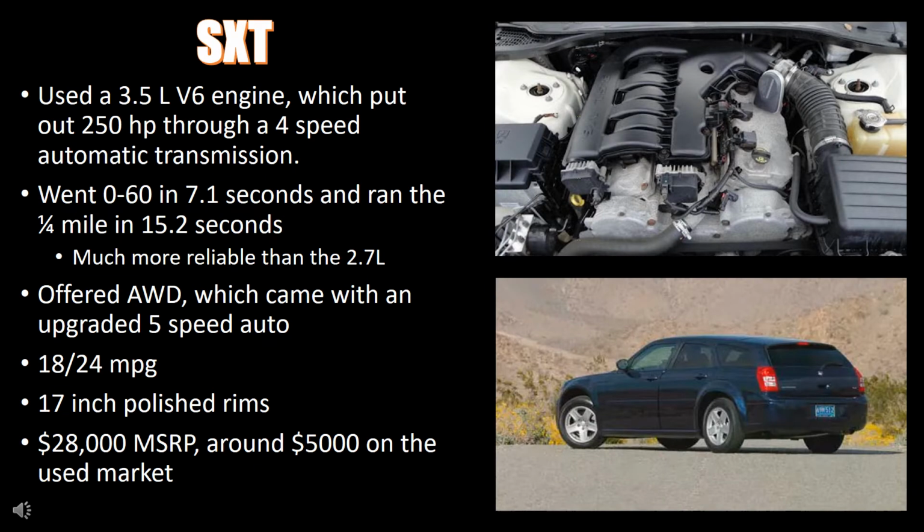The next highest trim is the SXT. This one is a little better. It still has a V6, but this time it's a 3.5 liter and puts out a much more enjoyable 250 horsepower through the same 4-speed auto. The SXT reaches 60 miles per hour in just over 7 seconds, which still isn't great, but much better than the SE. This engine is also much more reliable than the SE, and many can be found with over 200,000